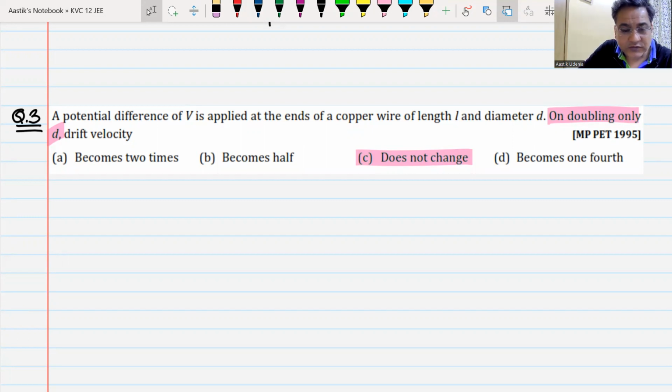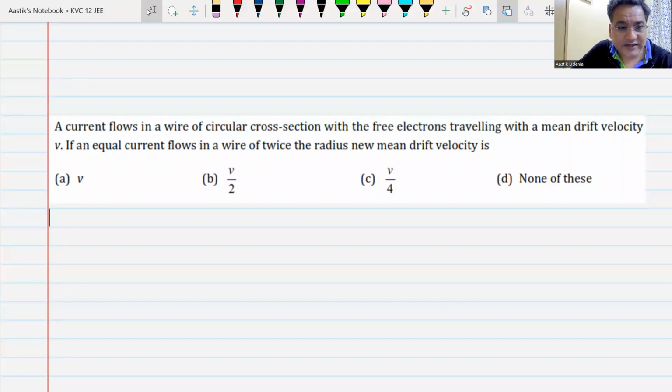Okay, so this is the reason why we are doing this question, so that we understand the relation and we can remember those formulas that we have just gone through. This is the next one that comes in line. A current flows in a wire of circular cross section with free electrons traveling with a mean drift velocity. Remember, the drift velocity that we have seen is the average of all the drift velocities. Mean drift velocity V. If an equal current flows in a wire of twice the radius,